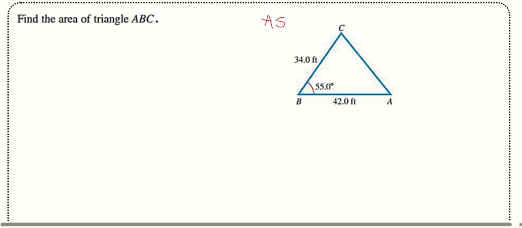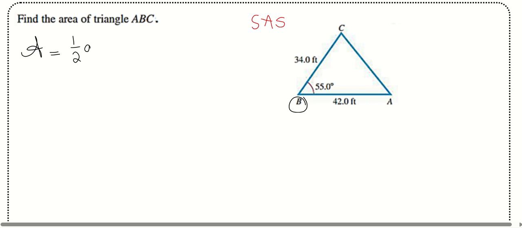So this is a side angle side, so we're not going to use Heron's formula. We're going to use the area of a triangle formula, which is the second one. And notice that we were given angle B, so we're going to use the third one, which is the area is equal to